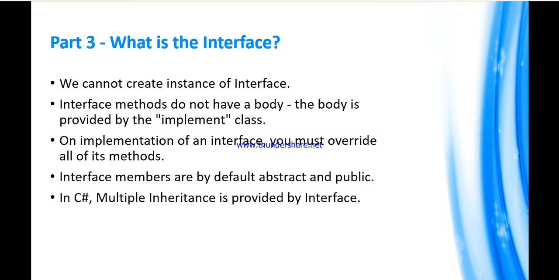The next point, which is really important, is why we use an interface. Someone can definitely ask you why we should use an interface. The answer is multiple inheritance, which in C Sharp is only possible through interfaces. In C Sharp we cannot inherit multiple classes in any child class, but we can inherit multiple interfaces in any class. This is the feature why we started implementing interfaces mostly in our application. So let's learn all these things with an example.